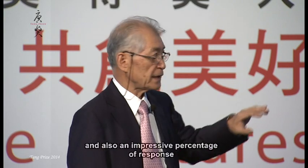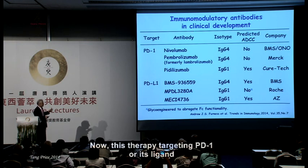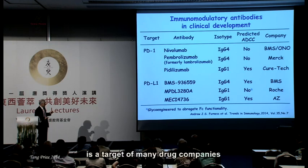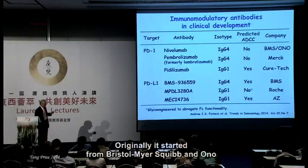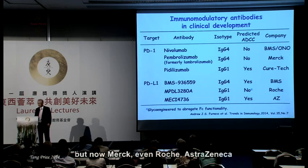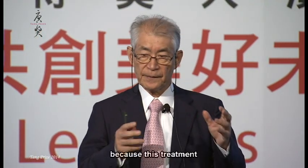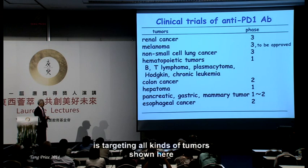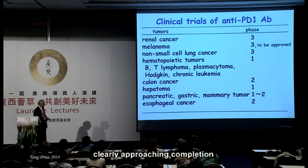and also the percentage of response is impressive. So now, this therapy targeting PD-1 or its ligand is a target of many drug companies. Originally, it started with Bristol Myers and Ono, but now Merck and others, even Roche and AstraZeneca, all major companies jumped in. Well, I think there is a good reason, because this treatment is targeting all kinds of tumors shown here, this is the list of clinical trials clearly approaching completion, and